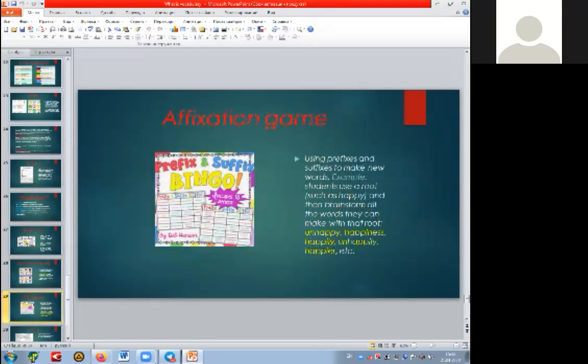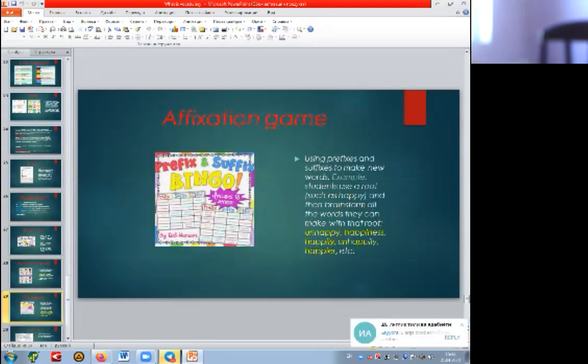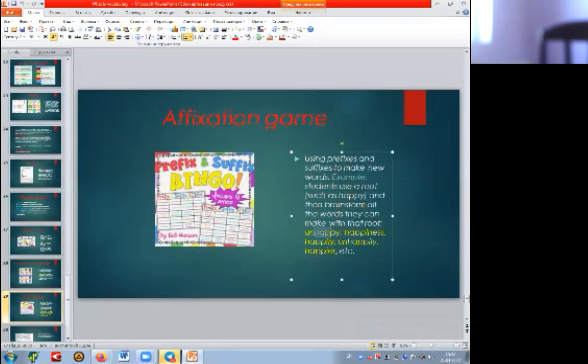And a fixation game. Easy, but a very memorable and helpful game. I can see that you will give one step, or maybe, for example, happy,